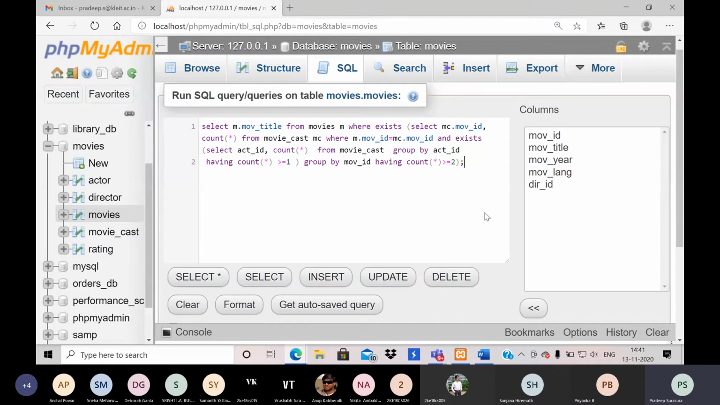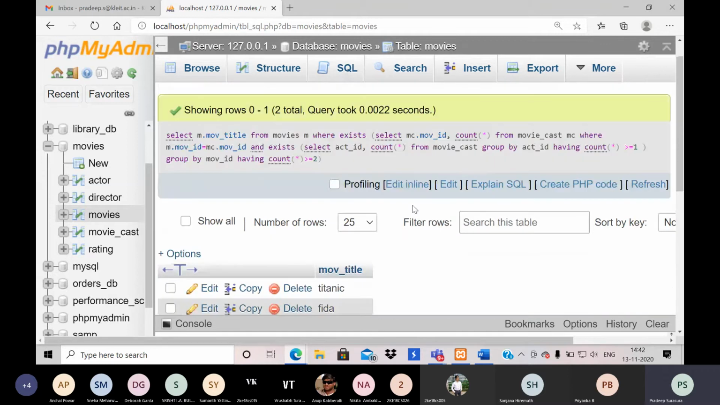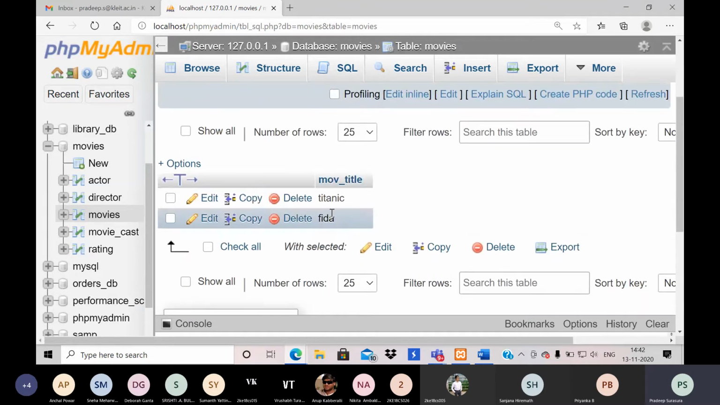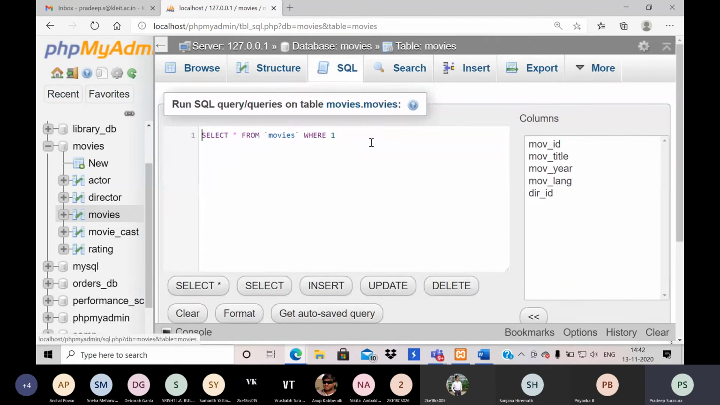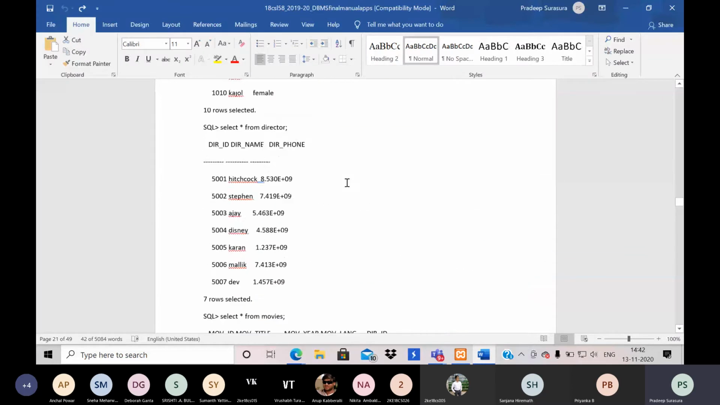That means greater than or equal to 2 means at least more than one people should be working in more than one movie. Okay, sorry, more than two movies, not one, more than two movies. So 2 I will get here. That means in these two movies I have people working in many movies. Okay, that's the query. Now the third query is,